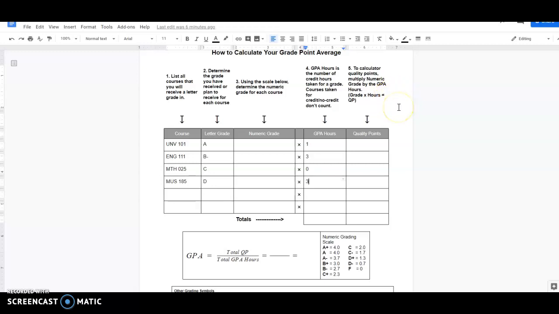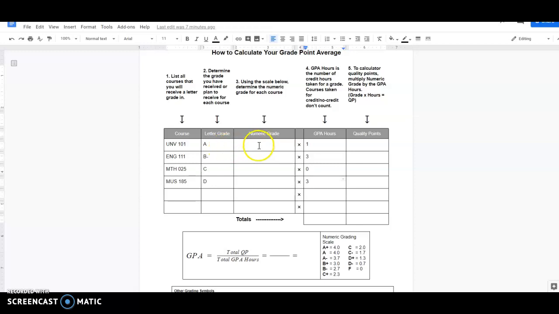Hello students, this is just a quick video to show you how to calculate your GPA if you are not sure how to do that. Many of you maybe already know how to do it, so I guess you can tune out for the next 2 minutes. We'll see. So when you calculate your GPA, your grades are reported as letter grades because those are